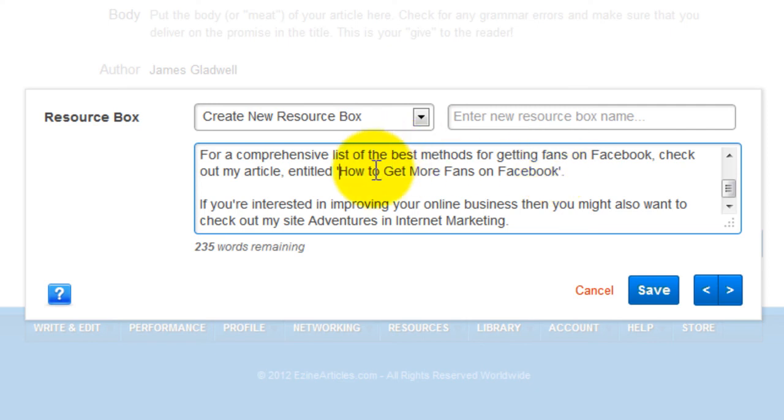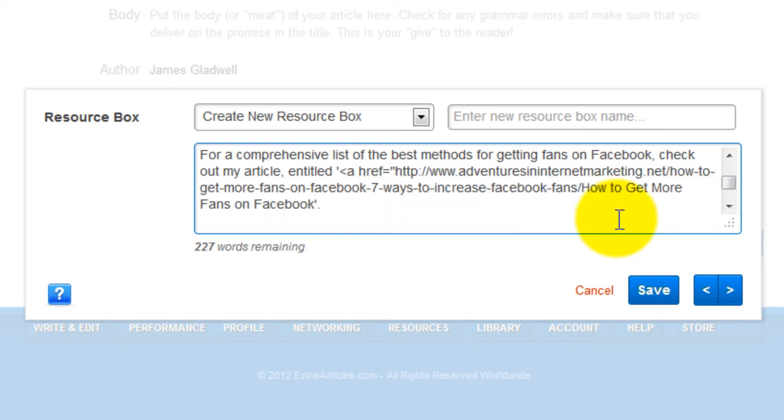So right here, I'm going to start my code with this sort of pointy bracket right there. Then I'm going to put A, I'm going to put a space, and I'm going to put href in just there, href. Put an equals sign. Then I'm going to put in a speech mark, and then I'm going to put the link to the actual part of my site. Then I'm going to close the speech mark, so you can see right here, I've got the A space href equals, and then I open up the speech marks straight away. There's no spaces there. I put the address in of the actual place I want them to go to. Then I'm going to end it with the speech marks closed just there,